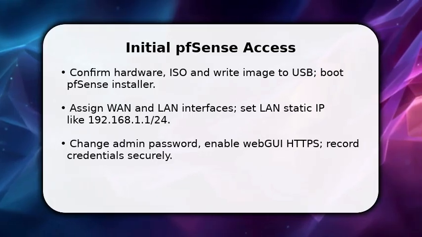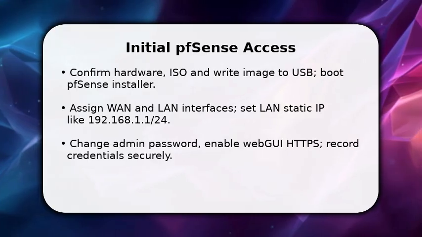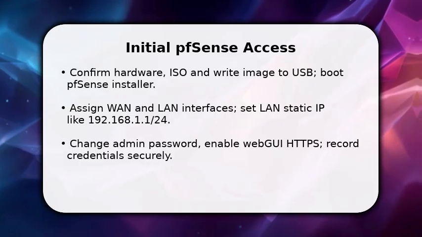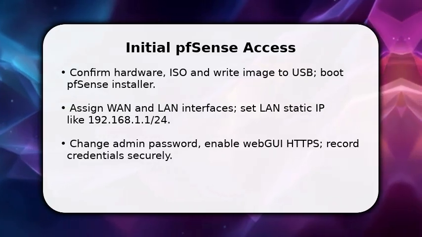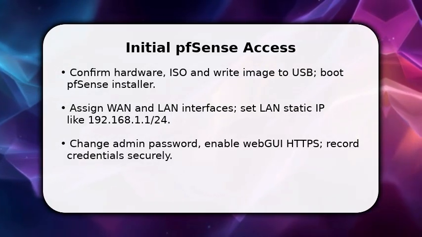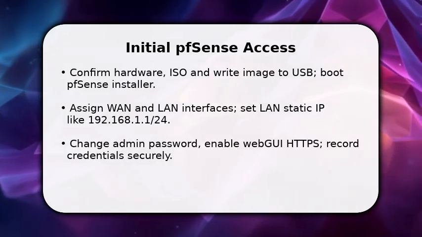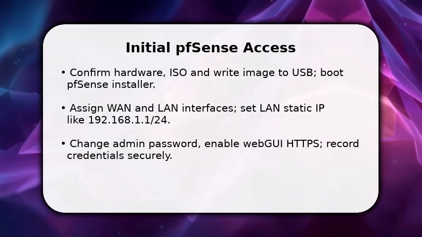You will start by booting the pfSense installer and assigning interfaces right away. Once the installer finishes, log into the console to set WAN and LAN. Set a static LAN IP such as 192.168.1.1/24 so you can reach the web GUI, and then open